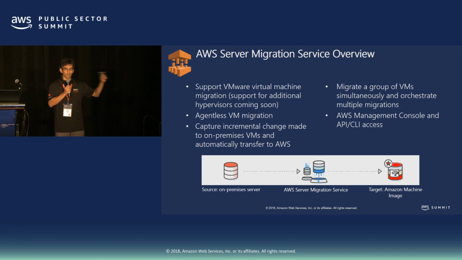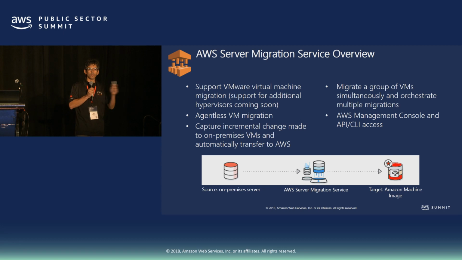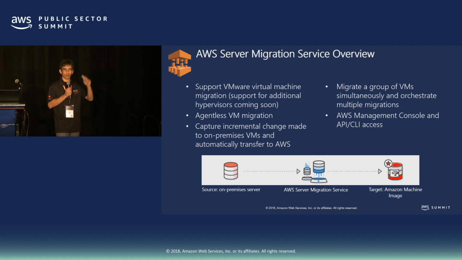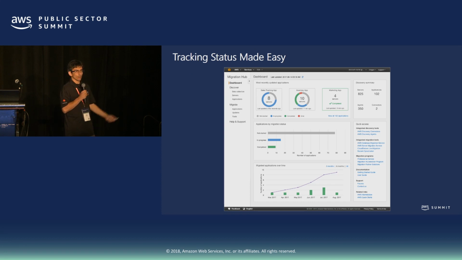And then you can select multiple servers. Let's say this is one application that I have, and I'm going to move that application first, and then move it part by part. Once the migration is over, you can just cut over. Done. Now all my servers are copied to the AWS Cloud. I can just stop my servers on-prem and start those servers up and running on AWS. Easy peasy migration. And you can also check the status of your migration.